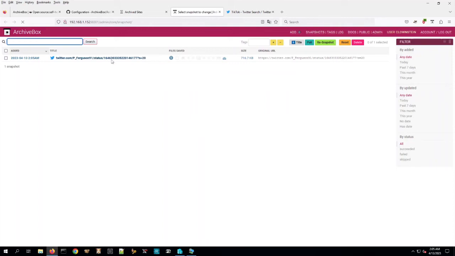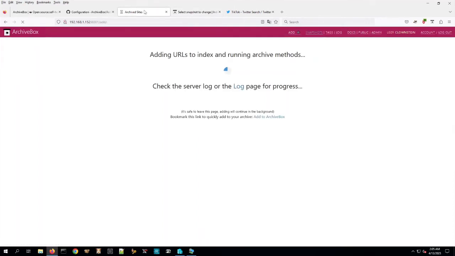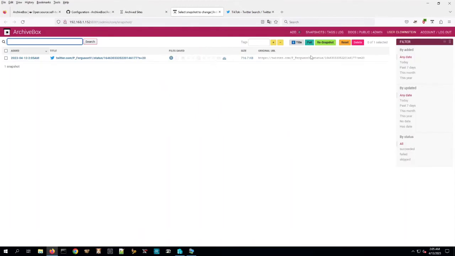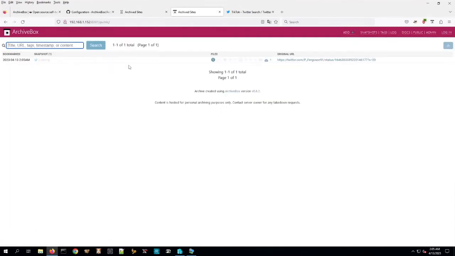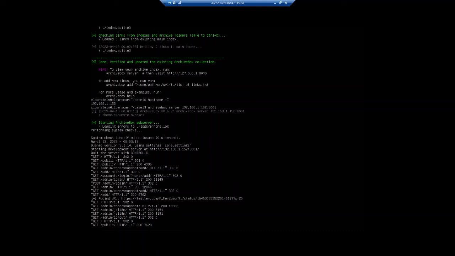Go over here and see what's archiving. See, there's one bad thing: log out. Anybody who visits can see the archive. So we're gonna want to fix that. So go back out to your ArchiveBox instance, Control C, and